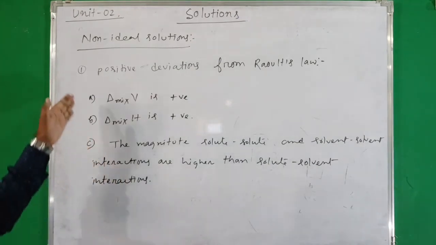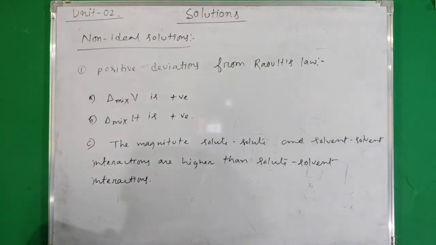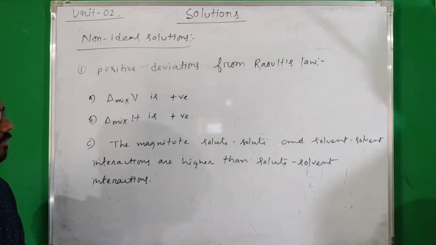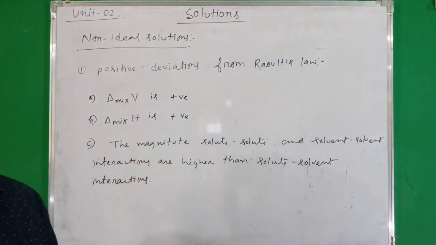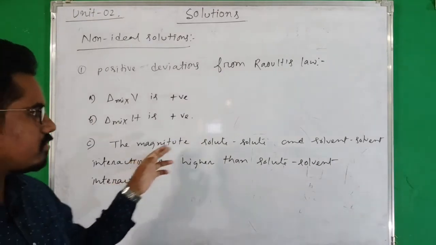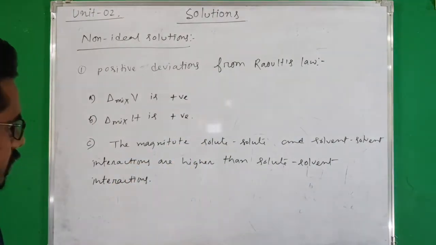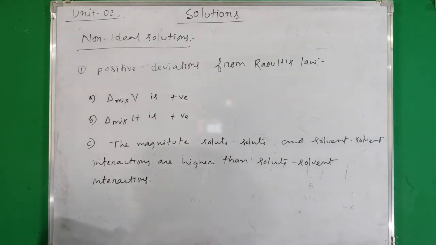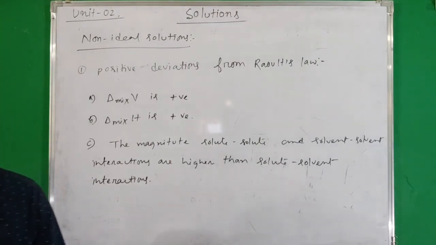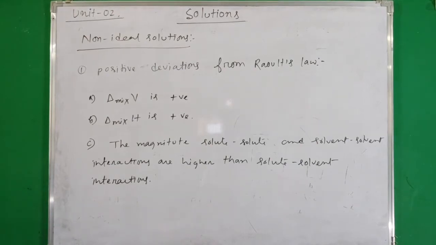So these are three characteristics of solutions showing positive deviations from Raoult's law. The volume of mixing is positive, the enthalpy of mixing is positive, and the magnitude of solute-solute and solvent-solvent interactions are higher than solute-solvent interactions. Okay, there are some examples of solutions showing positive deviations from Raoult's law, and they are: